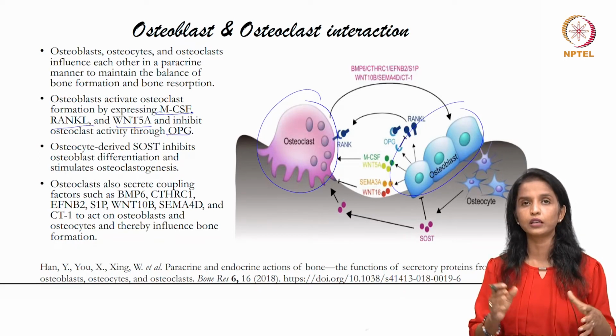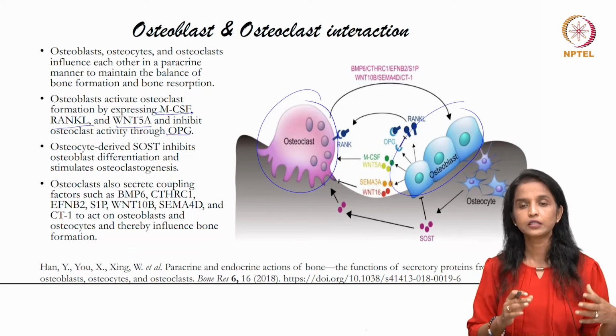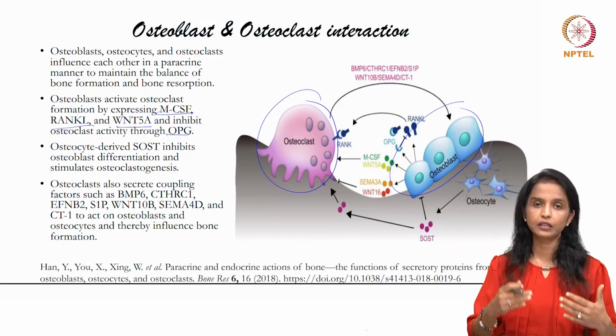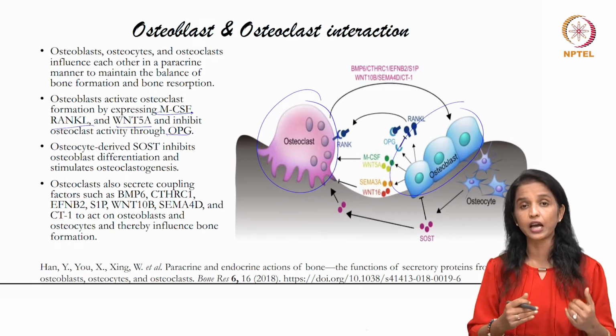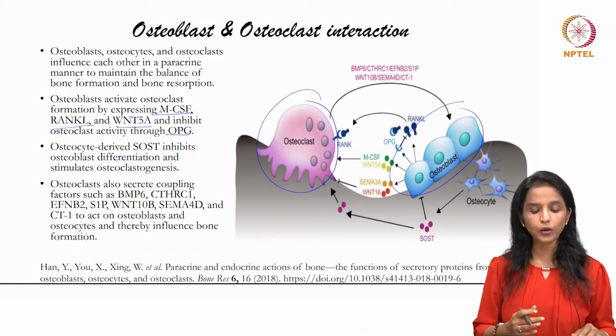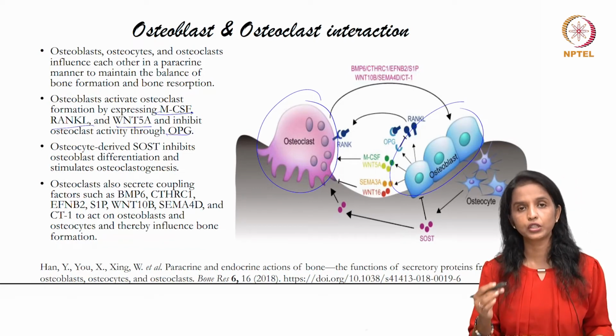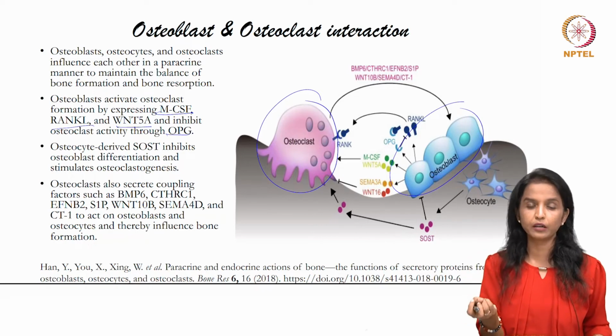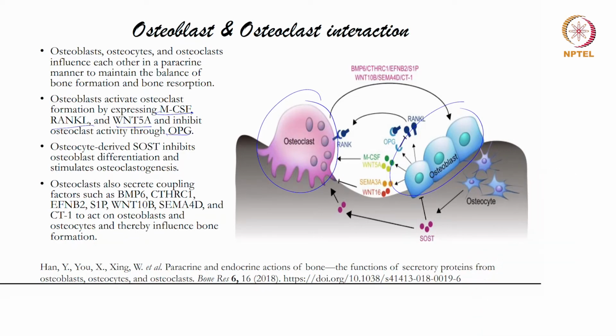See, as the bone is formed and is in the resting phase, still at any time the particular resting osteocyte has to come into play and take care of the bone remodeling process. For that to happen, there are again a lot of genetic events, genetic factors involved, and we also have SOST, which inhibits osteoblast redifferentiation and stimulates osteoclastogenesis. So, it is all a very tightly regulated interplay of a network of molecular events which controls the osteoblast and the